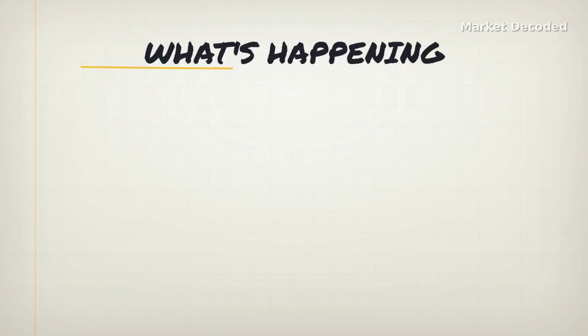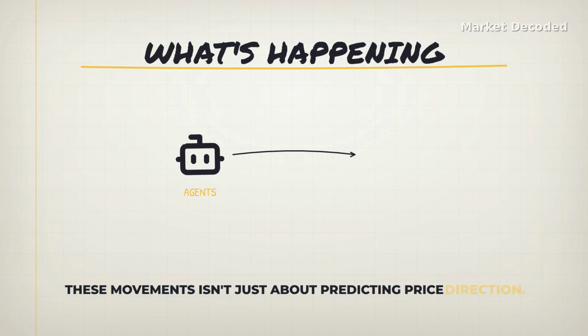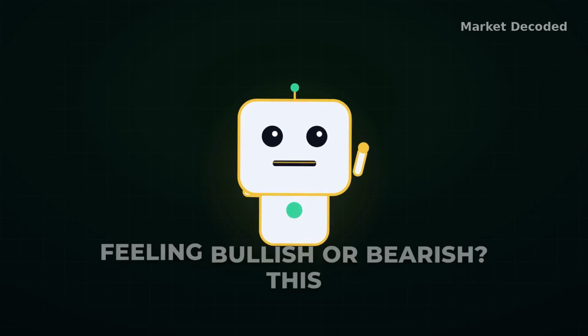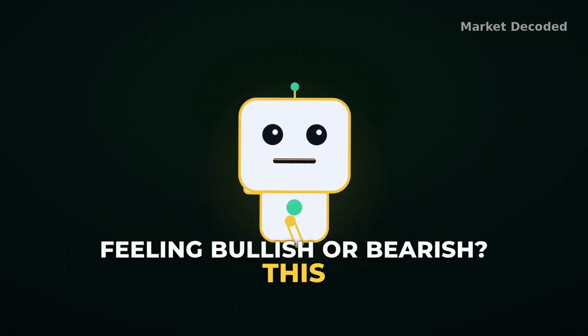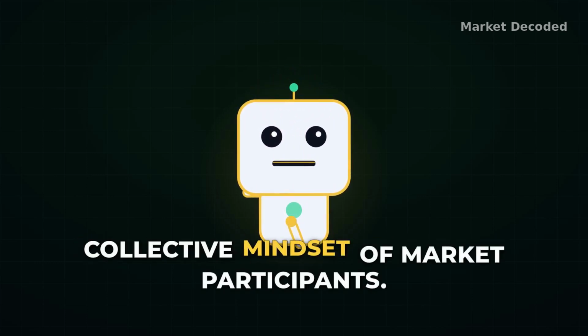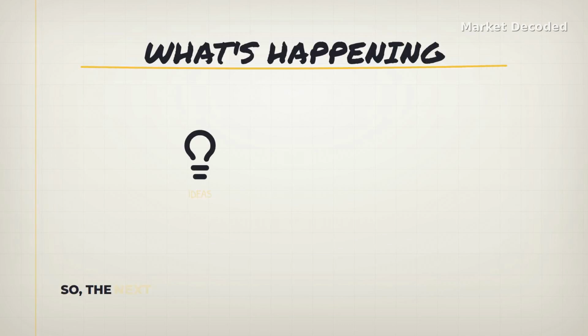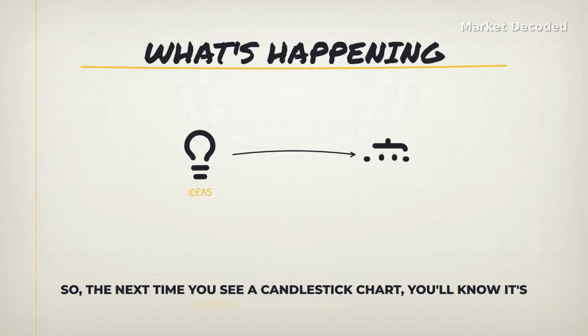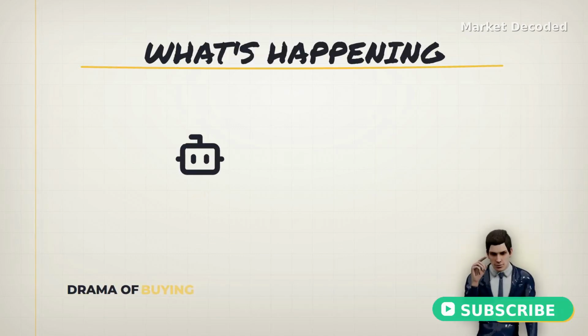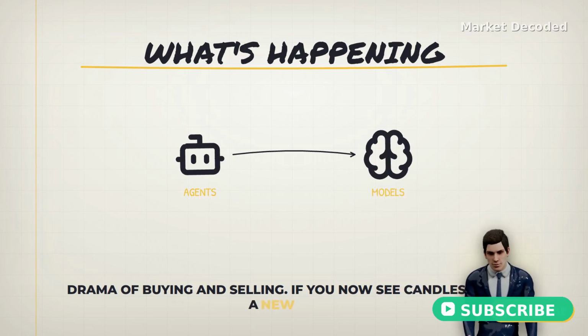Understanding these movements isn't just about predicting price direction, it's about deciphering market psychology. Traders use this information to gauge sentiment. Are they feeling bullish or bearish? This insight helps them make informed decisions because it reflects the collective mindset of market participants. So, the next time you see a candlestick chart, you'll know it's more than just lines on a screen. It's a dynamic insight into market behavior, revealing the ongoing drama of buying and selling. If you now see candlesticks in a new light,